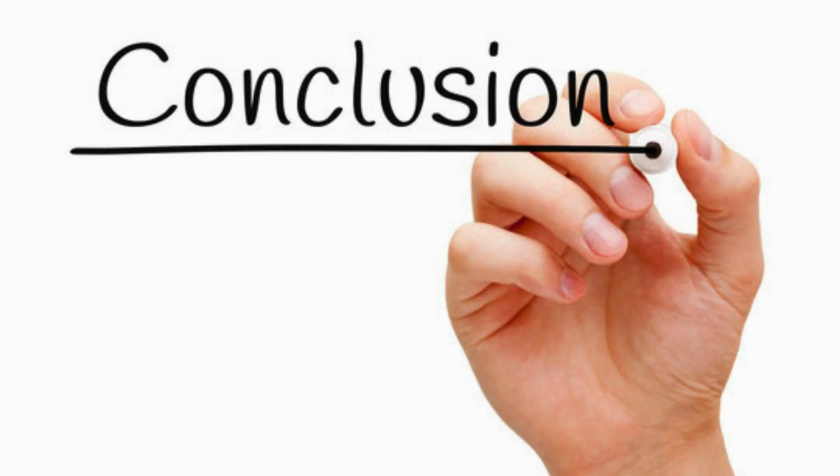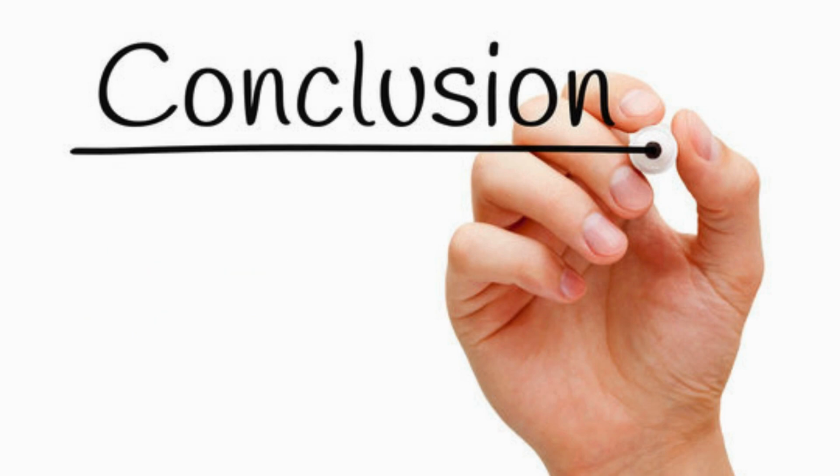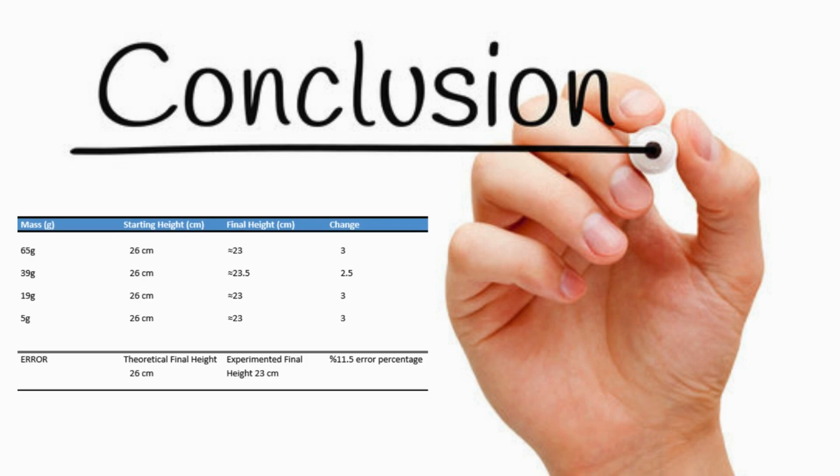To conclude, in the observation as a whole, it is found that the highest points that the balls can reach on the opposite side were lower than their starting point, regardless of their weights, which we find by multiplying the mass with gravitational acceleration, that is approximately 9.8 meters per second squared,